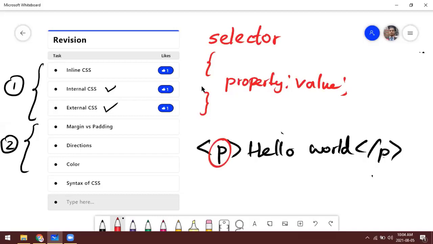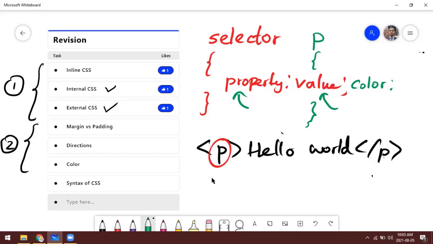So here, using this syntax, if you want to apply style to this paragraph tag, the P is the selector. So the application will come like this. Within this bracket, we write the CSS property. Little by little we are getting introduced to several CSS properties. One such property is color. Value is any suitable value depending on the particular property.